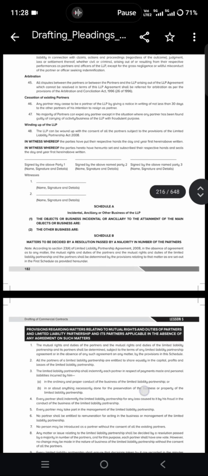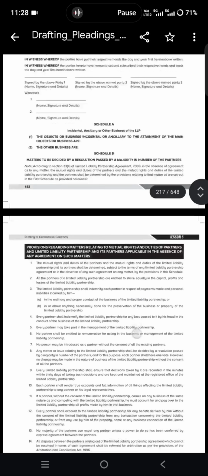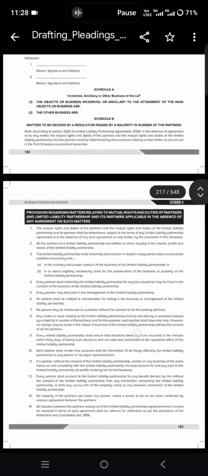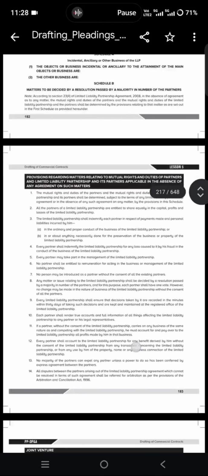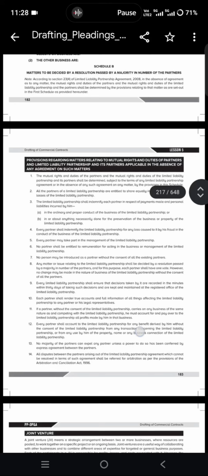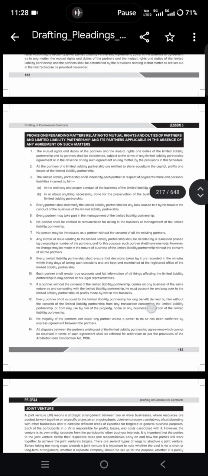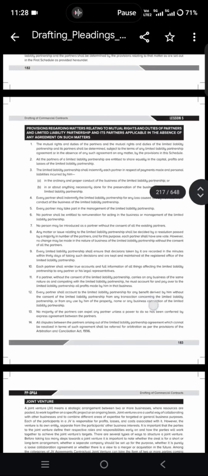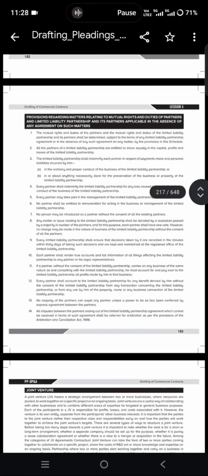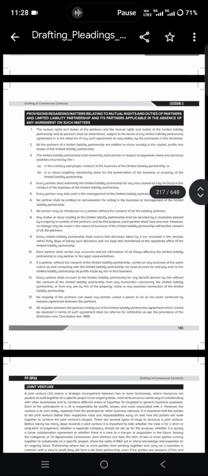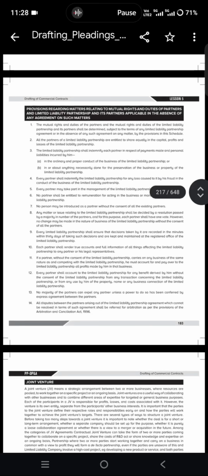Death or retirement of any partner will not dissolve the LLP, and on retirement the retiring partner will be entitled to full payment of rights, title and interest. And in case of insolvency, that will not be there. Title and interest will come to it, and on death, their legal heirs can be admitted as a new partner, and whatever is payable to the deceased partner will be paid to the legal heirs, with full payment and rights. On death, if any legal heirs do not opt to become partners, the surviving partners shall have the option to purchase the contribution of the deceased partner.